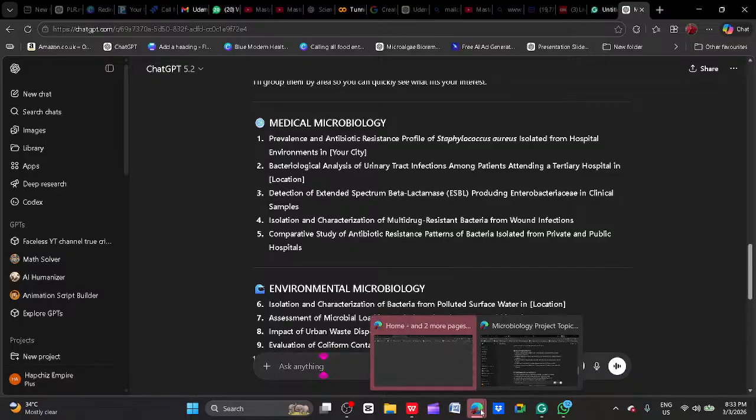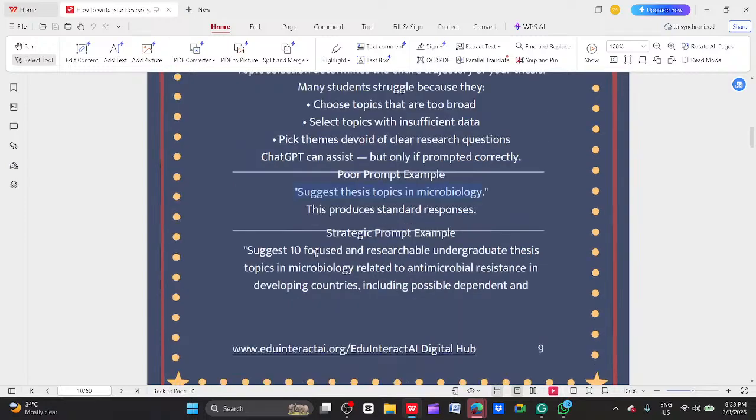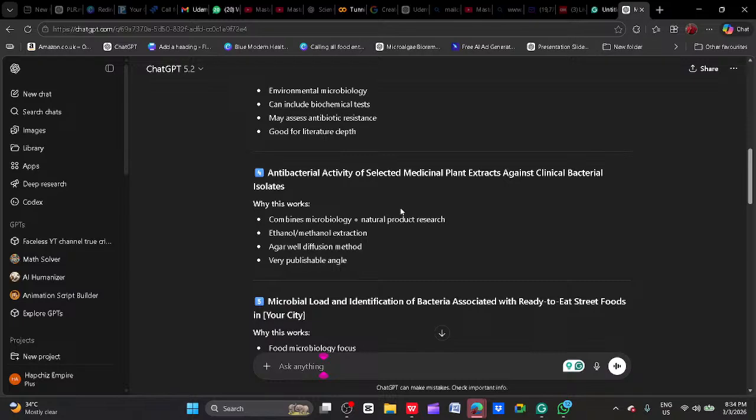Let's now compare it with what the second prompt suggests: 10 focused and researchable undergraduate thesis topics in microbiology which are related to antimicrobial resistance. So it's going to generate it for you. When you compare what this one is going to generate with what the other one generated, and with the one I used in generating five, you can see it already. Why this one works, apart from suggesting the topics to you, it has actually